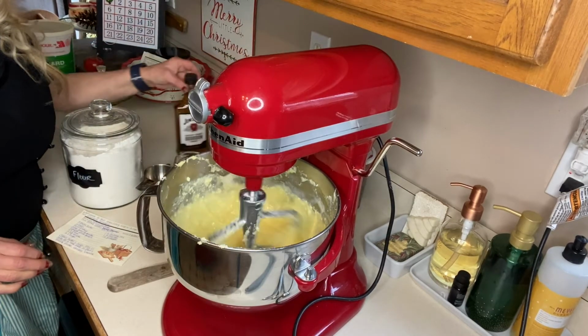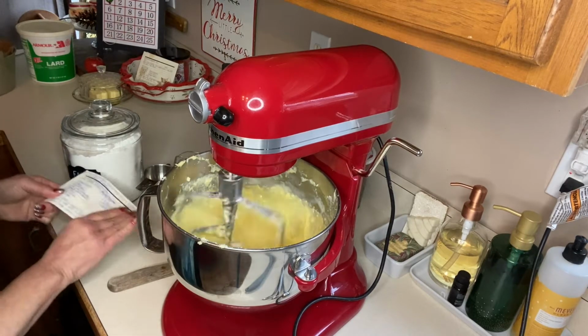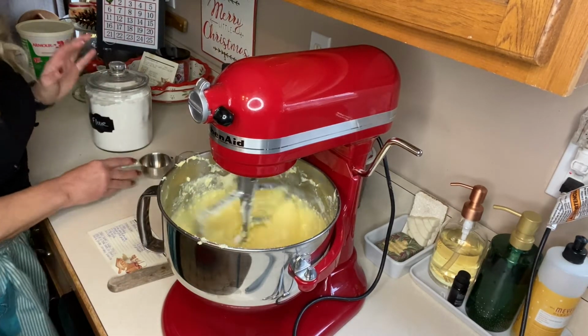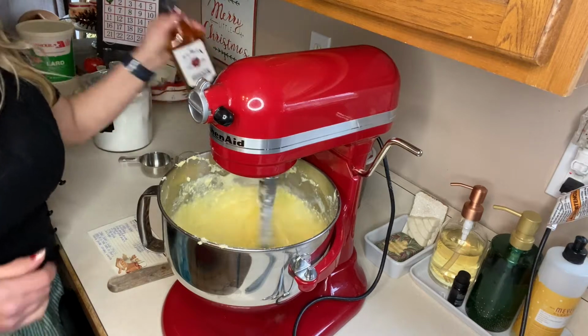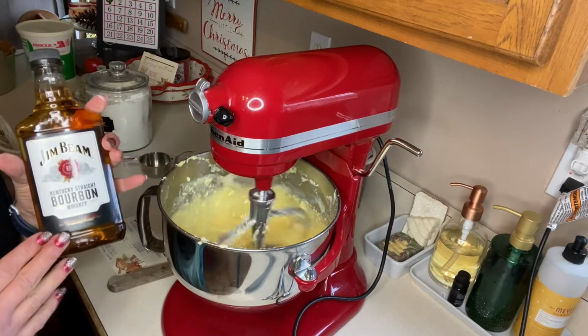So the next ingredient that we are going to put in is some bourbon or whiskey. Now guys,